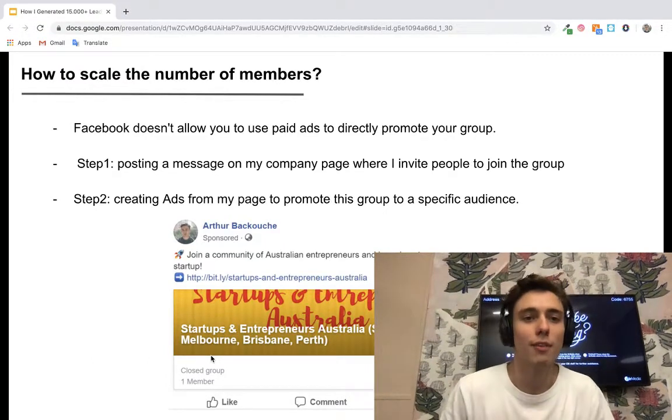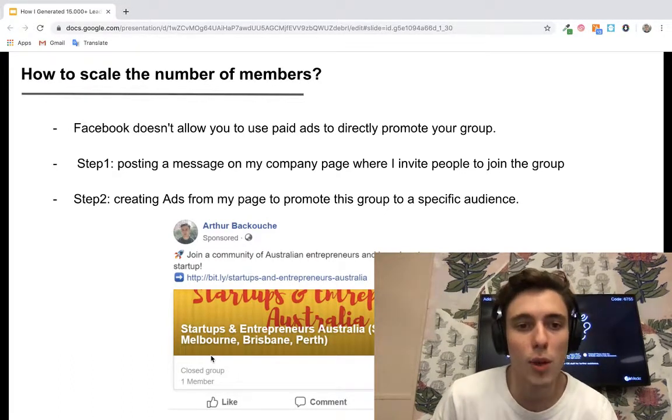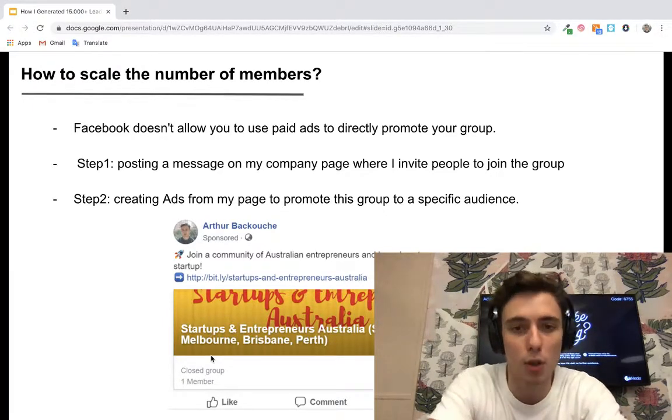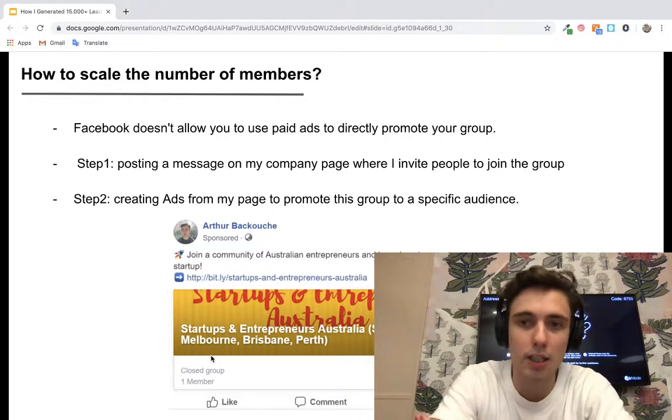But then when you have 500 members, you can start to create Facebook ads to increase the number of members in your own group and also to collect more email addresses. So it's super easy.